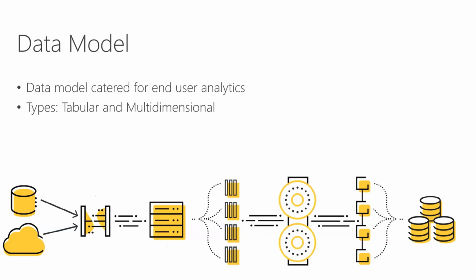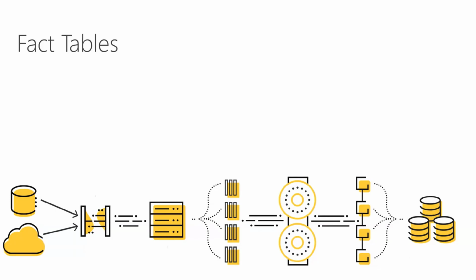Right. So we just got an overall understanding of data models now. And next we'll look at the concepts of a data model. There are two very basic concepts. So the first concept is fact tables, right? Fact tables are basically tables with numerical figures that consist of some kind of measurement.